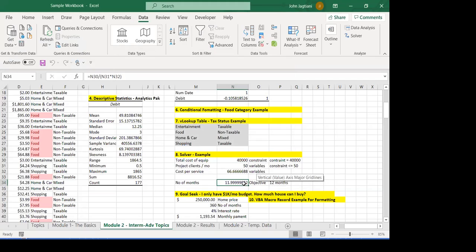It set this to as close to 12 as it could, which is close enough. It's a rounding error. It set the number of clients to 50. It wants me to do 50 because it knows that if I do less than 50, the cost is going to be too high. And then the cost per service is approximately $66 instead of the $12 I was trying